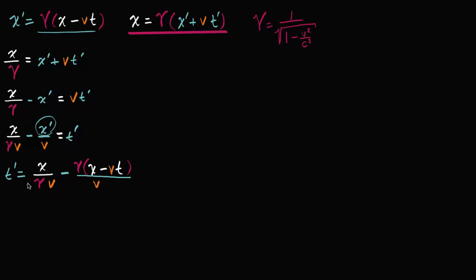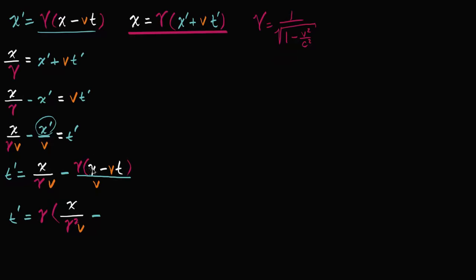And now what we can do, let's see. Well, let's factor out a gamma out of everything. So we will get t prime is equal to gamma times, and it's going to get pretty hairy now, gamma times x over gamma squared. You factor out a gamma here, or another way to think about it, gamma times x over gamma squared is going to be x over gamma, and we still have that v over there, v, and then minus,